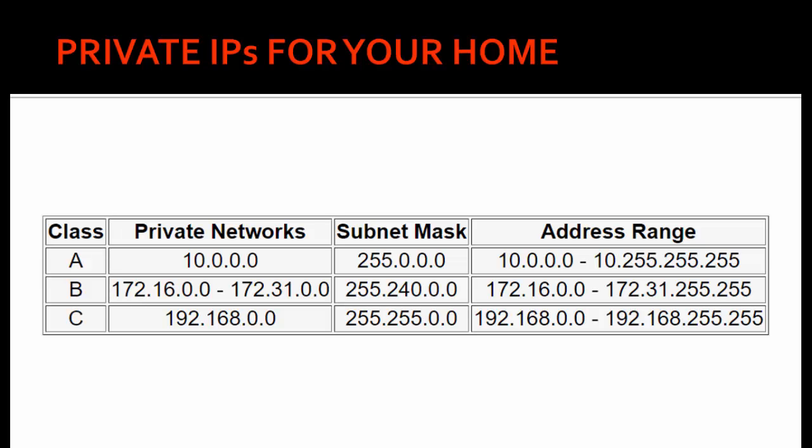Let's start with the C class. All the routers today in the market come with C class networks. That means your IP address will start from 192.168. The subnet mask is a very important parameter in defining what IP has to be assigned. If you recollect, before starting the session, I told you we'll also be looking at how and what IP is assigned to a device. Okay, we have the ISP. ISP line comes to the LAN.